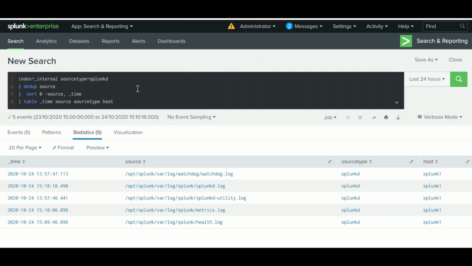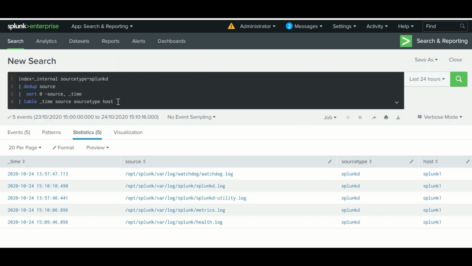So that's all about the video. Let's recap what we have learned from this video. First, we have used search language syntax, where we have used a basic search, then pipe, command, then functions, arguments, and clauses.